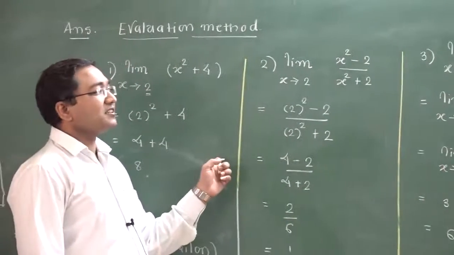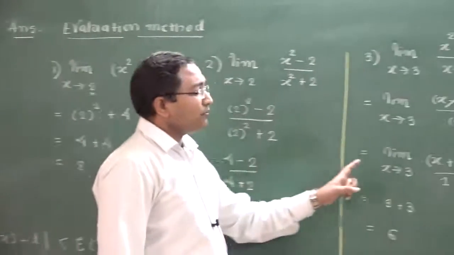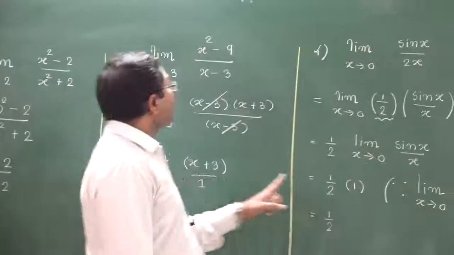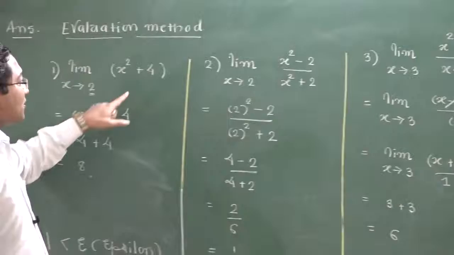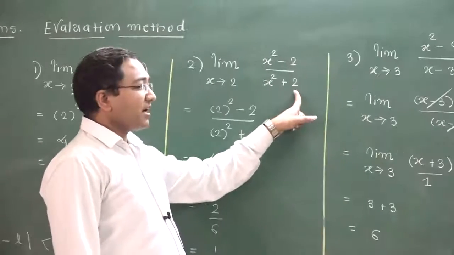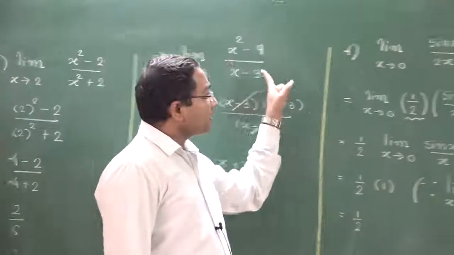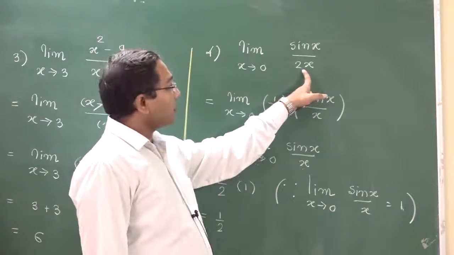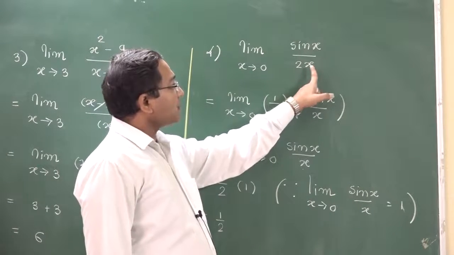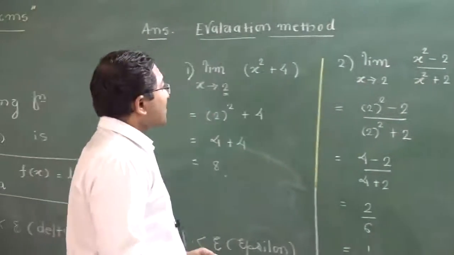There are several cases, but our requirement is only 4 cases to understand how to evaluate the limit of a given function: when the function does not have a denominator, when it has a finite denominator, when it has a 0 denominator, and when we apply the formula of limits or the facts of limits. So there are the cases. Now suppose